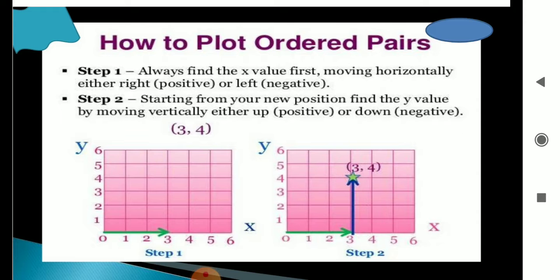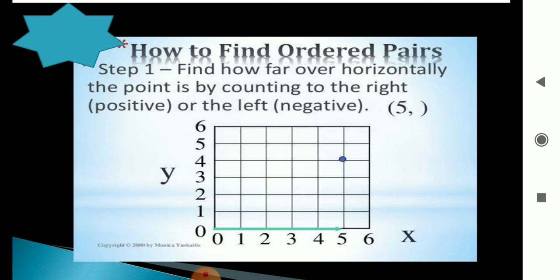How to plot an ordered pair, you are aware, in class 9th also we represented it. You can see in the figure, in the graph, very easily you can represent (3, 4). 3 means on the x-axis you have to cover 3 units distance and on the y-axis you have to cover 4 units distance, to reach a point whose distance from the y-axis is 3, okay, and from the x-axis 4. So you can see this is the point (3, 4).